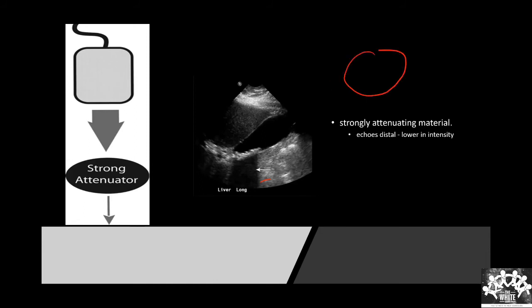That is nothing but, if the gallbladder is not drained for a long time, what will happen? The cholesterol starts depositing. Now, how will it look? If there is cholesterol deposited here, how will it look? Cholesterol deposited in the gallbladder. That is cholesterol crystal, Melvin. Cholesterol crystal will cause that artifact.